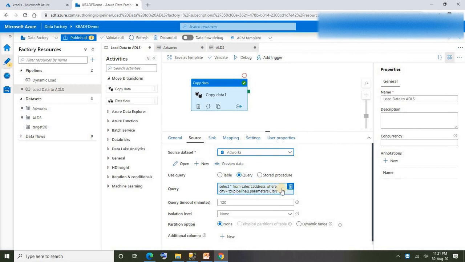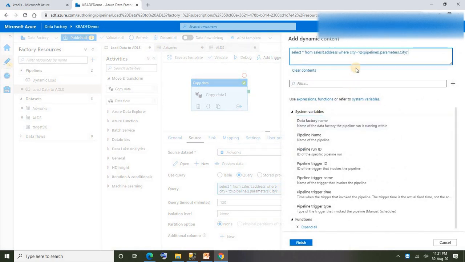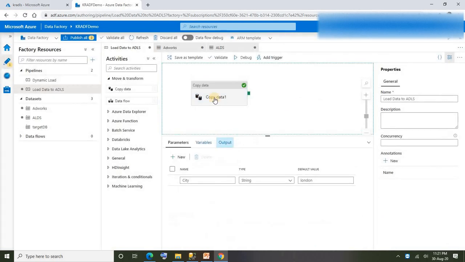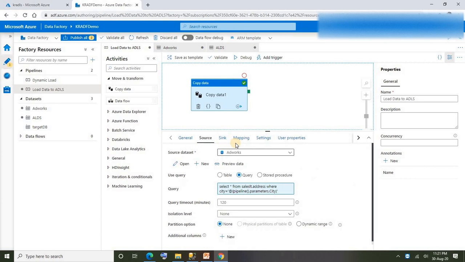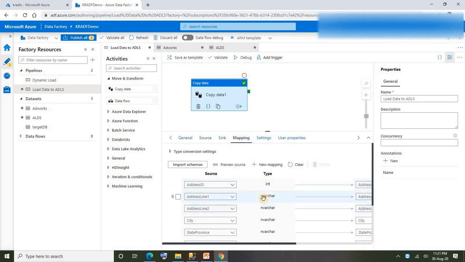So now we could see that our data is being loaded through the query. Our whole query is static, but the where condition is dynamic. Whatever value we are passing through the parameter, that value will be passed to this condition and data will be loaded. Say finish. That's it. And if you just look at the mapping, we have got nothing to do. All mapping is done previously itself. Okay, in case you are taking off any columns or adding any additional columns, then maybe you need to remap. As I haven't done any structural changes, we don't need to worry about mapping.